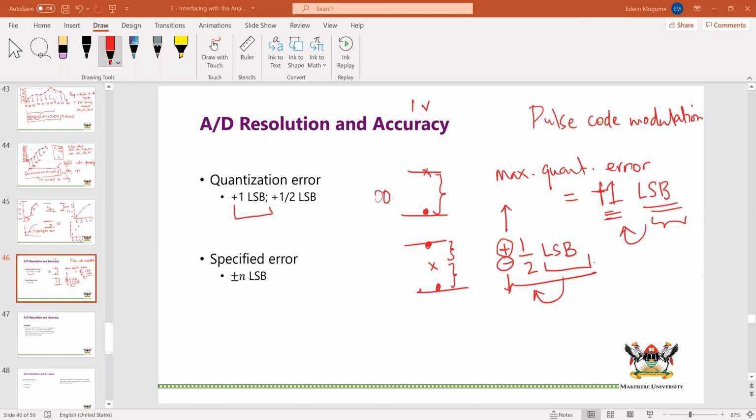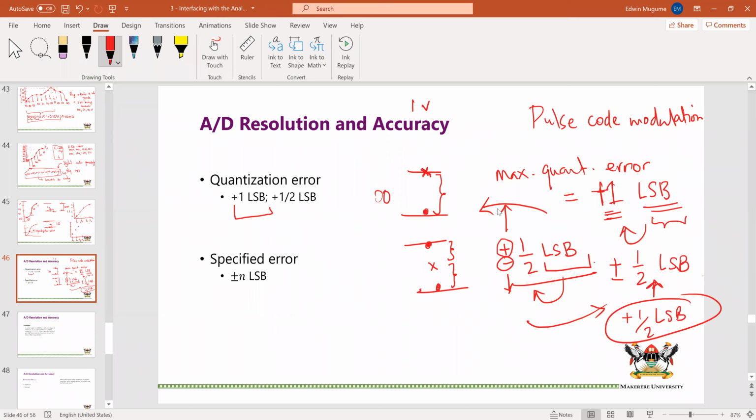Yeah, so really the error is you could say plus or minus a half lowest significant bit. I think conventionally they just say plus a half lowest significant bit, but I think this is less confusing, so to speak. But we need to remember that this can happen on the upper side or on the lower side. In this case this applies, but in this case it may not apply, because you see here we are taking the upper side,